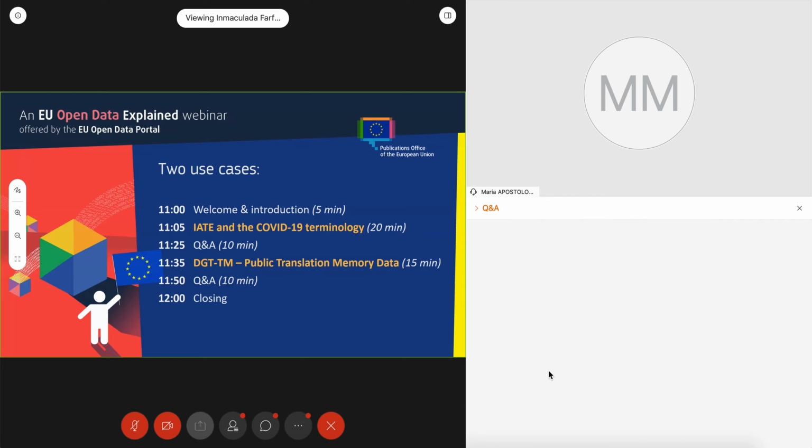To have a look at the structure of the webinar, today's use cases are two highly practical tools available as open data to translators, interpreters, or providers of content in multiple languages. And it's the EU-specific terminology database, IATE, and the multilingual translation memory of the EU legislation.